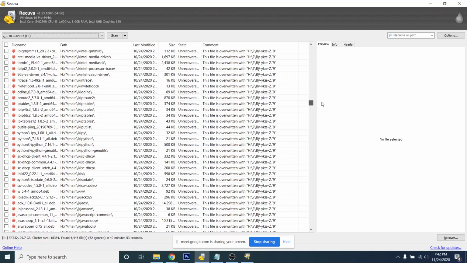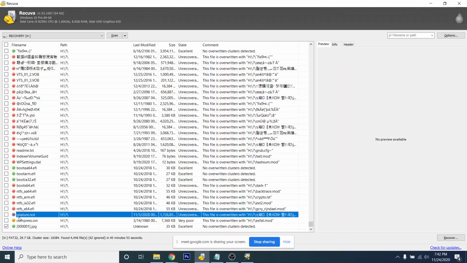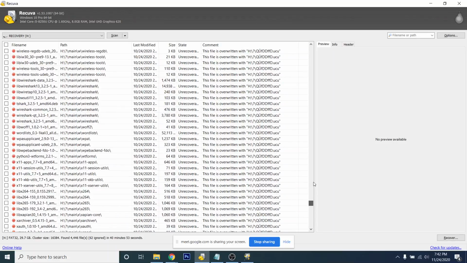Okay, so you got an idea. So what is the state? Let me just compare all these three. See here the three files are there. One is red, one is yellow, and one is green. The file path is the same. It can recover file path also if the file path is recoverable.